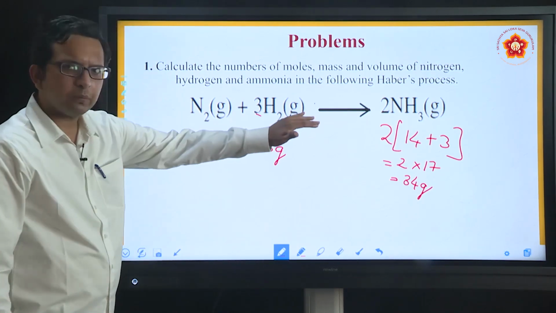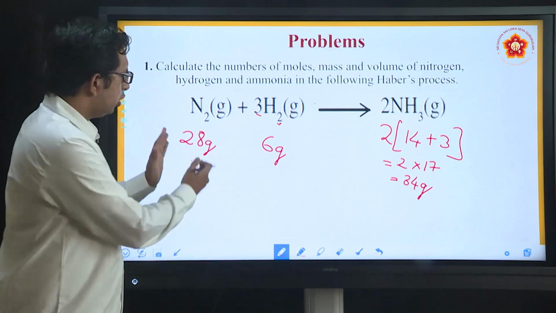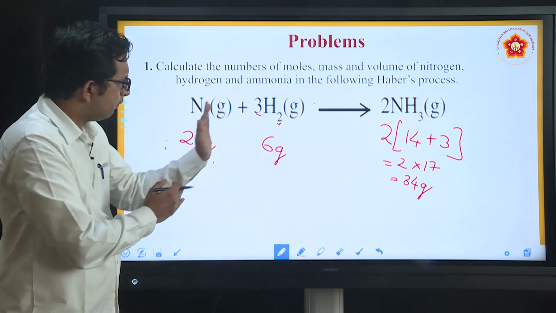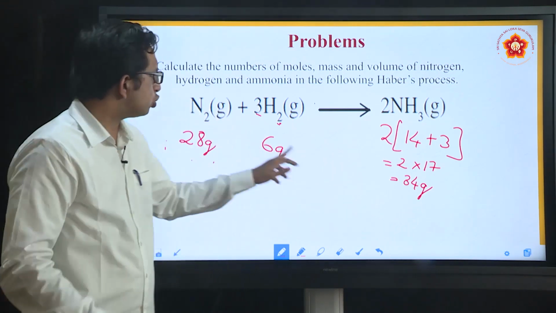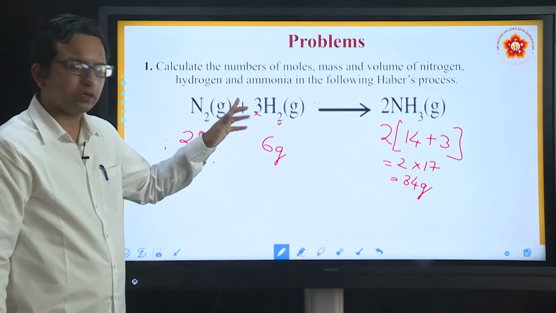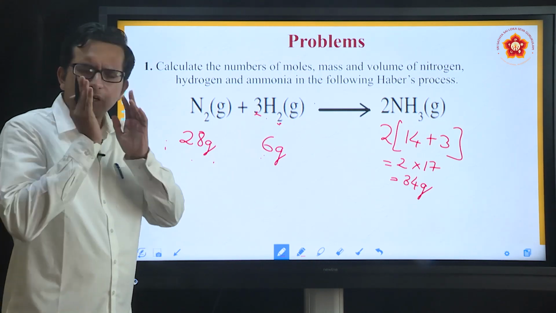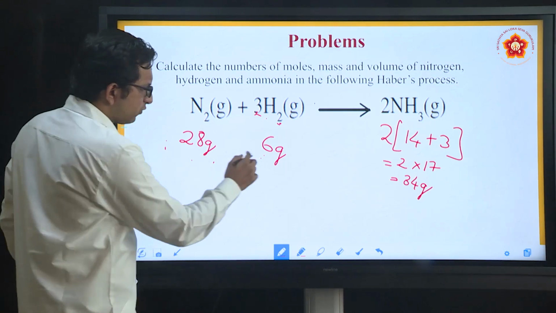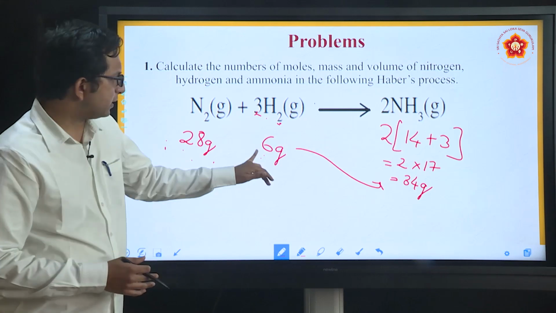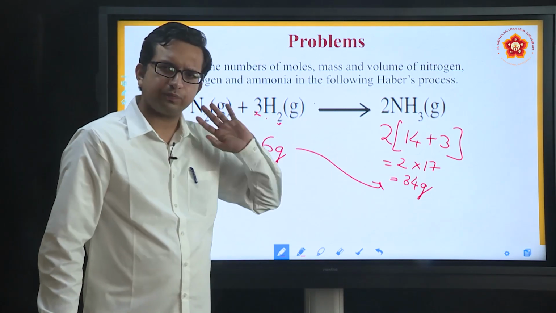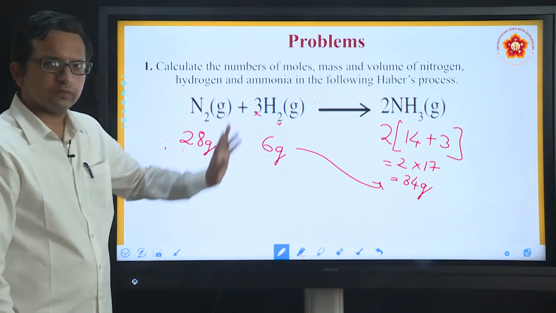So what you understand by this is that even gram wise, when we consider the proportions, 28 gram of nitrogen gas will react with 6 gram of hydrogen gas to give 34 gram of ammonia. So though mole wise this seemed more, the overall mass of this compound is comparatively less. What you can also understand here is that the law of conservation of mass has been kept, so that 28 plus 6 is equal to 34. This is how we can analyze the masses of these compounds.